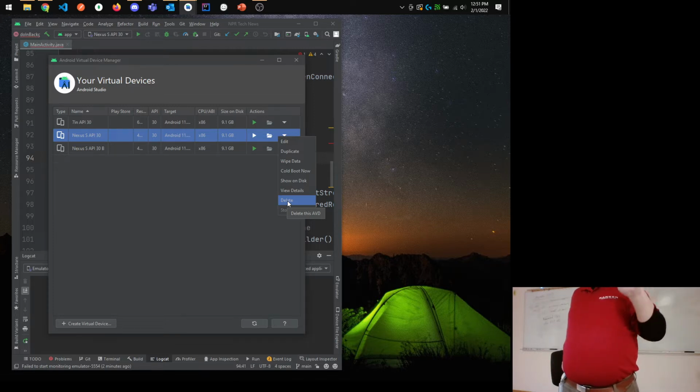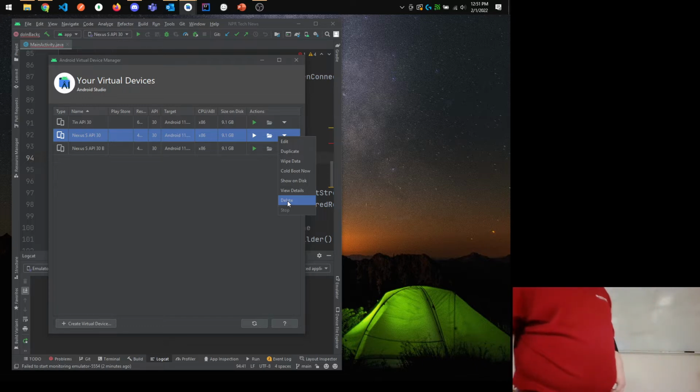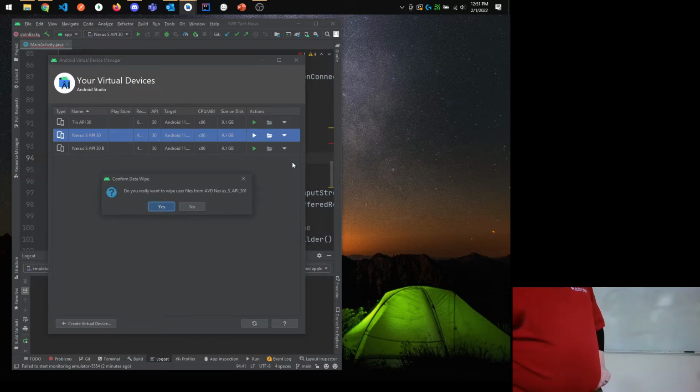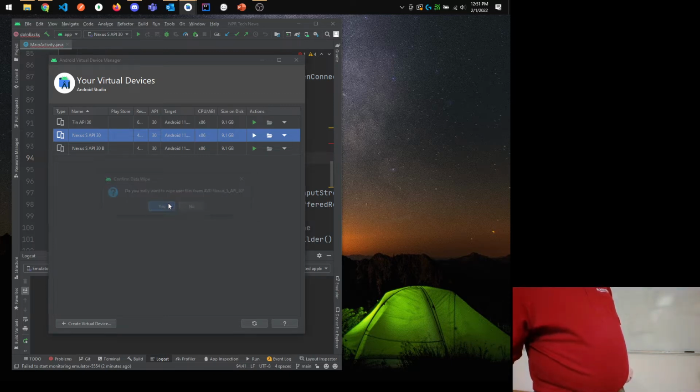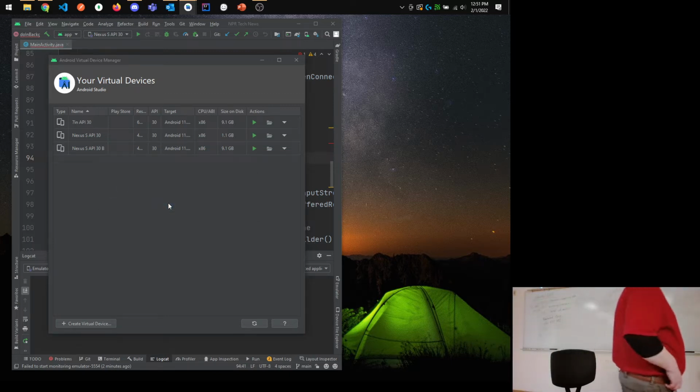Those go in ascending order in terms of how long they take to do. The fastest thing to do is cold boot. The second fastest thing to do is to wipe the data, and then the slowest thing is to delete it and recreate it. So where time's an issue, I usually try to do the quickest one that will fix the problem. For this case, I'm going to wipe the data because my experience has been that a cold boot doesn't solve issues